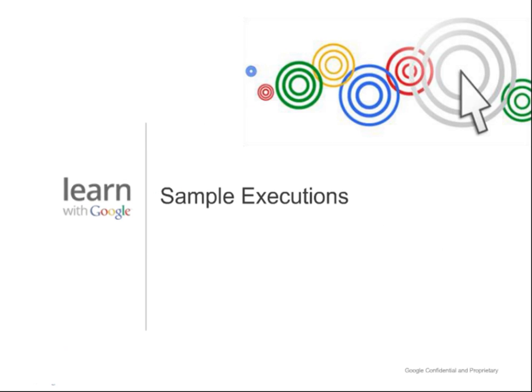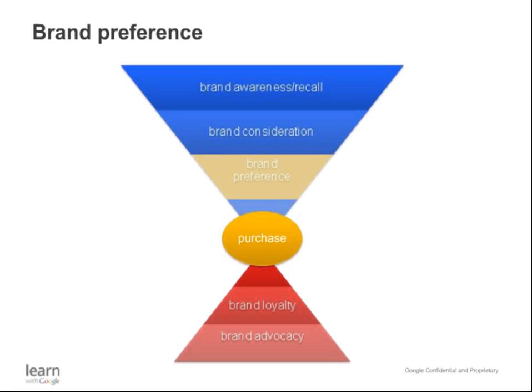So that moves me on to sample executions. I wanted to revisit now the new marketing funnel that we talked about and really tie this back into the front end of the webinar. So if you look at the brand preference piece within the traditional marketing funnel, and in this instance we're looking at the blue piece as being the traditional marketing funnel,